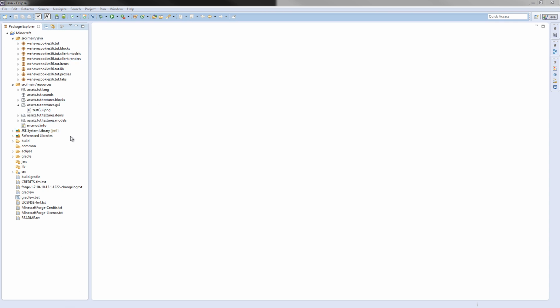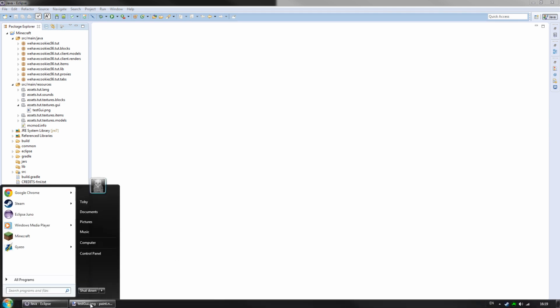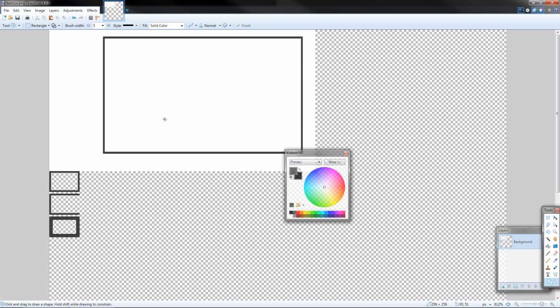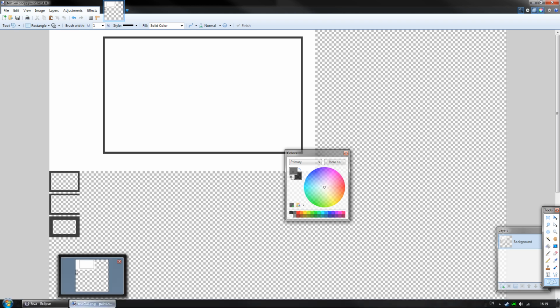So I'll quickly show you the GUI I have made for this video. It is very, very bad. It's just white with no detail, and it's got this black box here, and then we've got these extra bits down here. So I'll explain these later, but